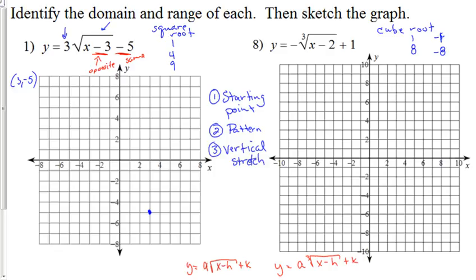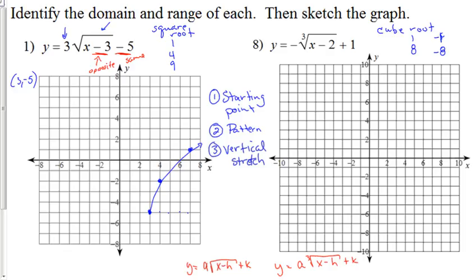And that number stretches the graph up or down. So positive 3, it's going to stretch it 3 spots up before we go over 1. And then 4 from the starting point, 1, 2, 3, 4, and then 3 and 3 more. So that vertical stretch tells you how far to go up in between the pattern points. There is our graph. And the same thing happens for the cube root, except the pattern of 1 and 8,